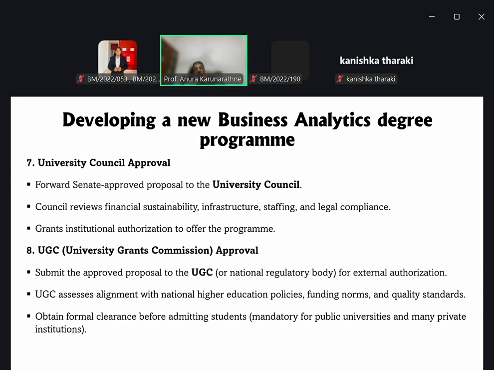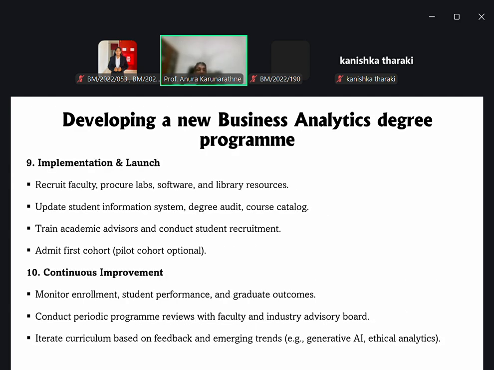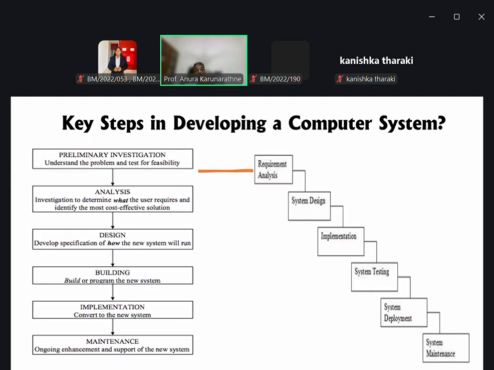Likewise, we have to have clear awareness about the overall project process, and also the activities and the sequence of each activity, right? So those are very much essential. Now we can implement, and we can commence the program, and again we can review it and continue the work, right?